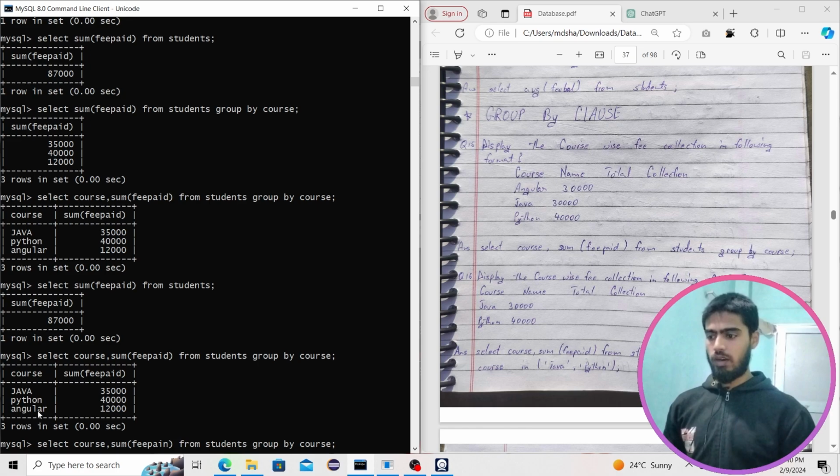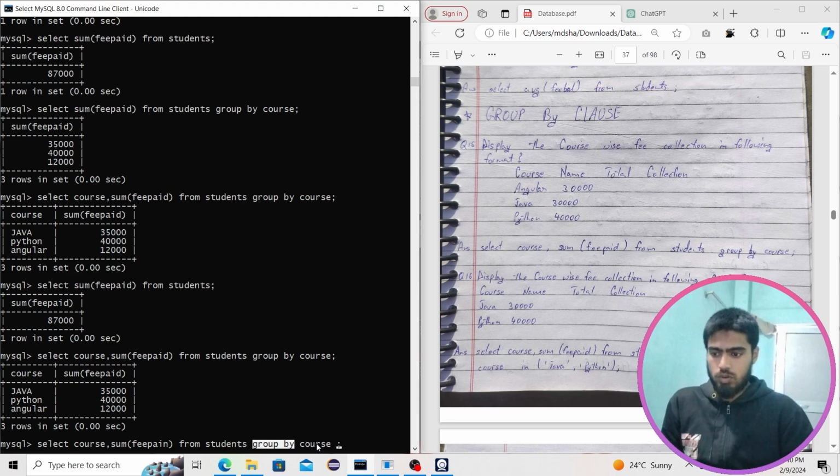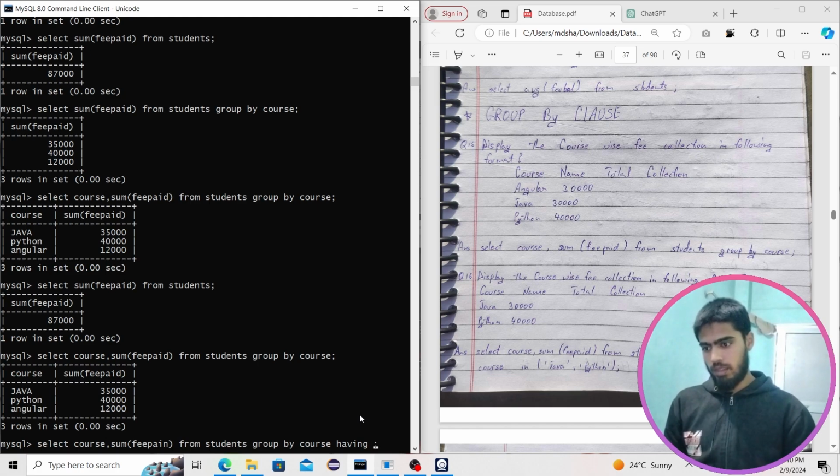But what if we don't want all the corresponding courses and their collected fee? We want only from Java and Python. So for that we have the having clause. What is the having clause going to do? Having clause is going to provide condition on the group by clause. So with group by, we are grouping course, and on this course which is grouped by, we are providing condition which is having this course is going to have